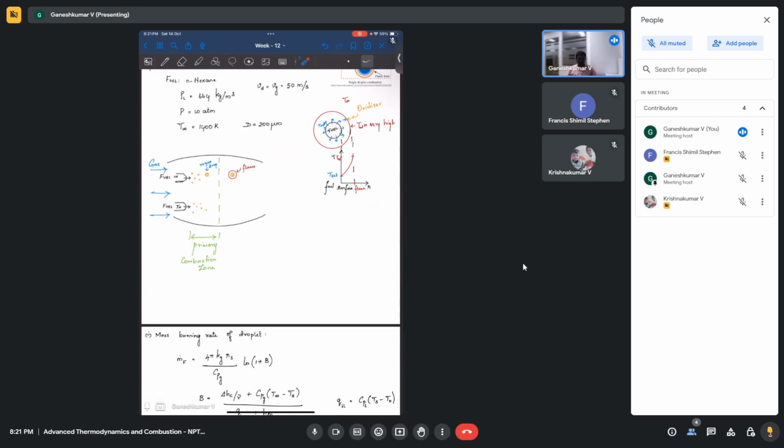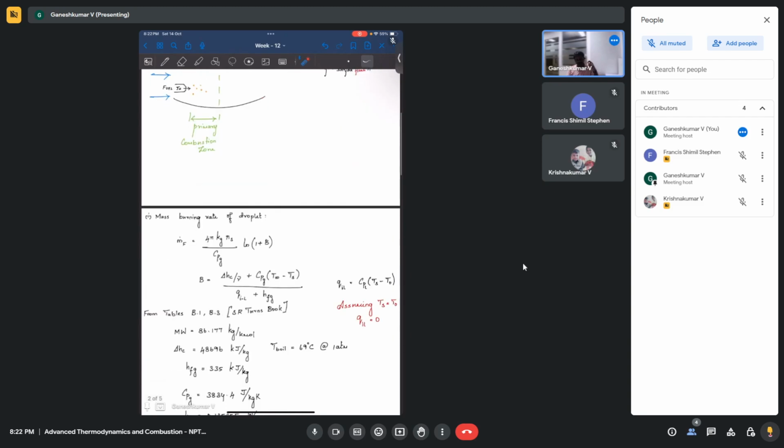If we want to know the droplet surface temperature, basically the droplet is at saturation temperature and the droplet is evaporating, right? So it should be at saturation temperature, and whatever energy comes into the surface of the droplet, it's going to use it for evaporating. So there's going to be hfg energy consumption. For that, the surface temperature should be at saturation temperature, but that saturation temperature should be at 10 atmosphere. It shouldn't be at 1 atmosphere.